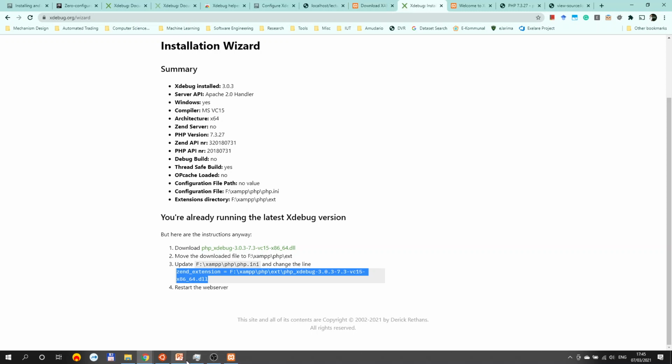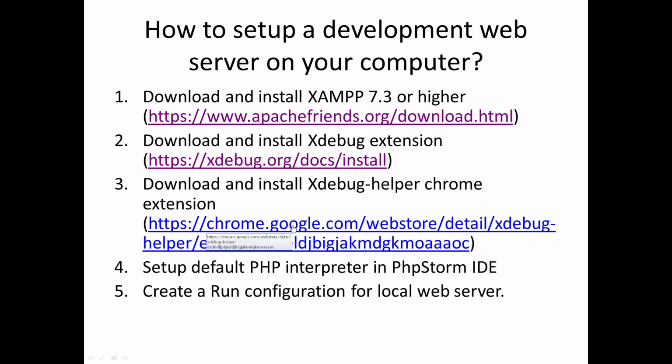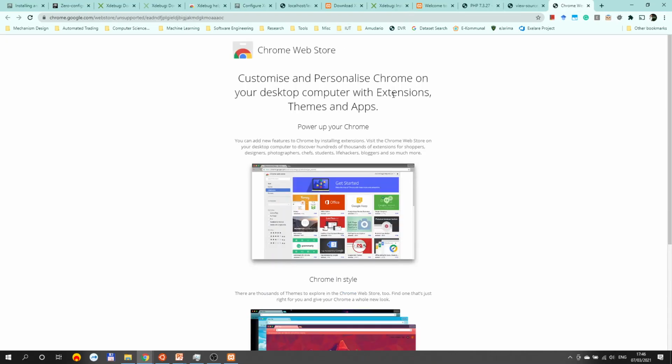Cool. So the next thing we're going to do is download the Chrome extension. There's a Chrome extension as well. Again, Xdebug works with a Chrome extension, and you have to set up the Chrome extension if you're going to test your web applications in Chrome. So you click this link, and you're going to find